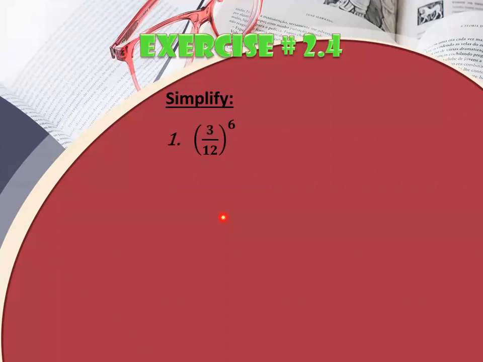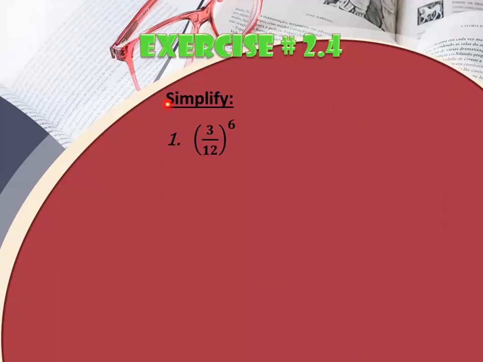Now what you have here is (3 upon 12) whole power 6, which means law of quotient of power. As you can see, this is 3 upon 12 and its whole power is 6, meaning this 6 is the power of this 3 as well as this 12. In the previous questions we had same bases and powers were different. Here we have different bases and the exponents are same. So this is the difference between the previous questions and this question.